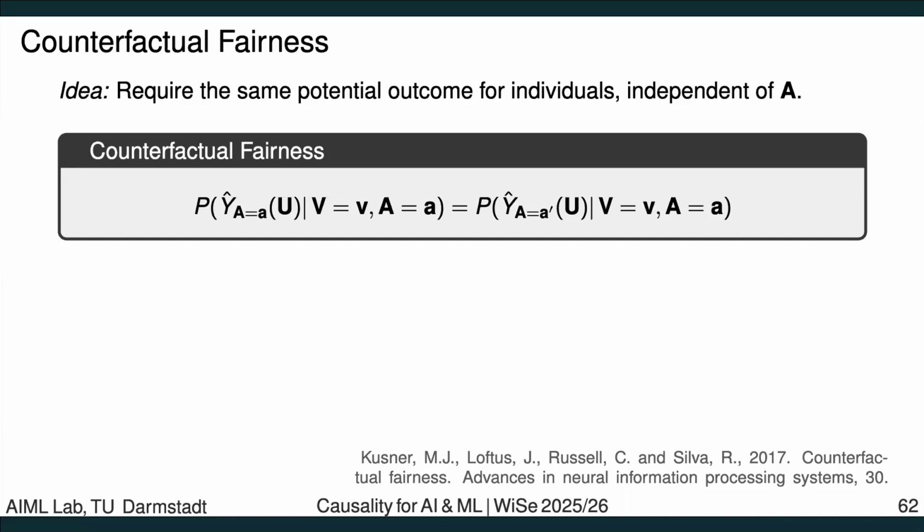I assign them a different value. And then I forward propagate all these exogenous factors through my model under the intervention that I have done. So the subscript A equals A dash really means, well, I made an intervention in the forward pass in this third step. And the thing here is this is really not about